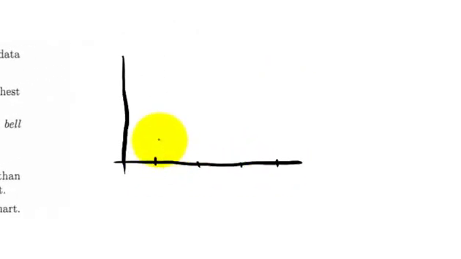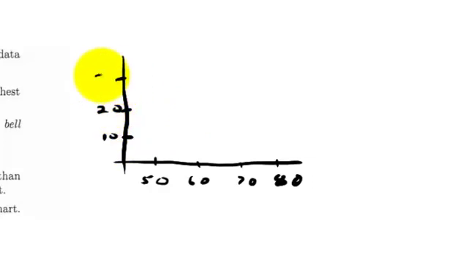Now, in a frequency polygon, it looks something like this. Say these were test scores, like 50, 60, 70, 80. A frequency polygon comes from a frequency distribution, so you could have 10, 20, 30. You can graph a frequency distribution, and it could look something like this. And when you connect the dots,